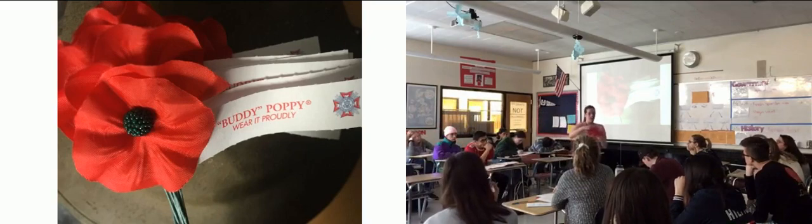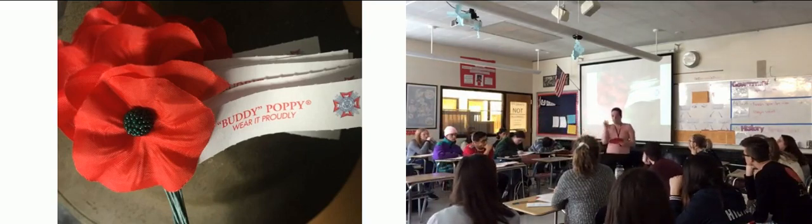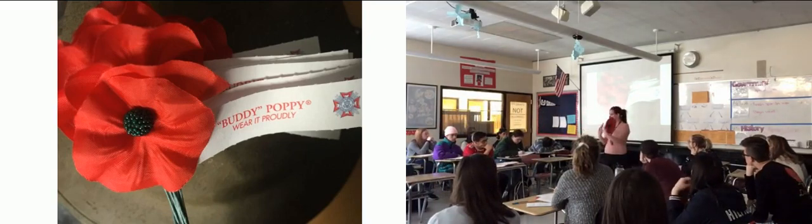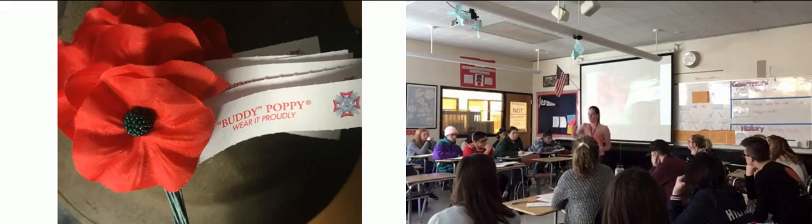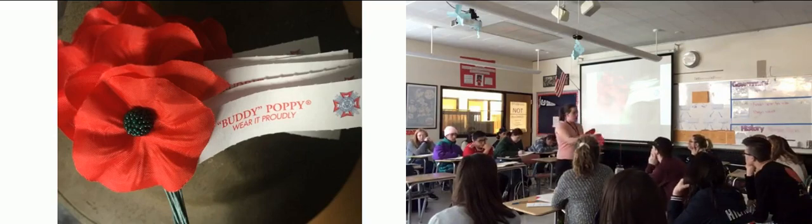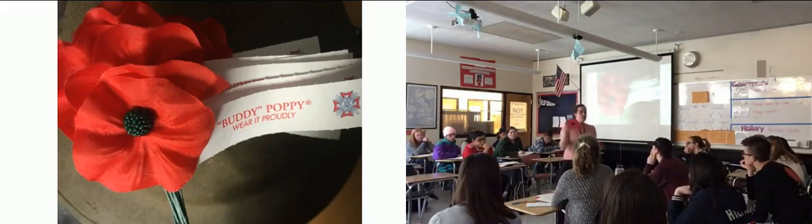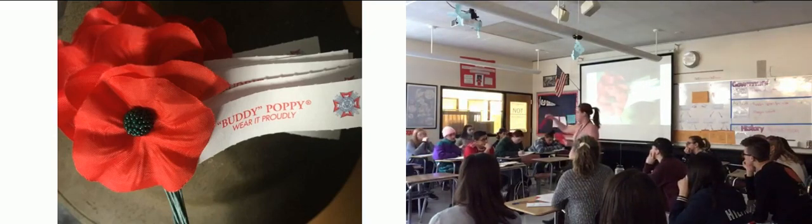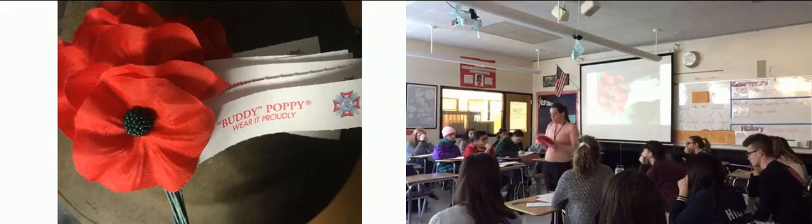So what this person did is this person took each stanza of the poem and they wrote it on the outsides of theirs. This one isn't like the fanciest one, but that's okay. This person decided to write basically a letter. So if you were to write a letter to the person who died, what would you say? And then they wrote the letter along the petals. That's one option that you can be able to do.